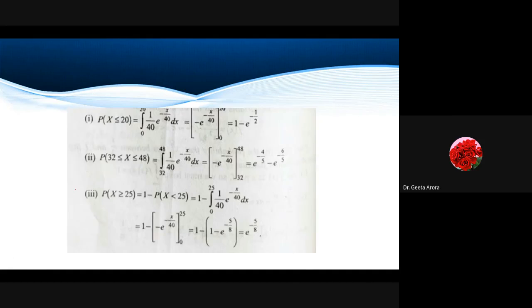Less than or equal to 20. Obviously it is greater than 0, because otherwise we would have to go to the negative side, which is not possible. So what we have to do is integrate. Let me show you; the same you have to do by yourself. I'm waiting for you. I'm just showing you that you have to do the integration in all the three parts, using the concept of probabilities.